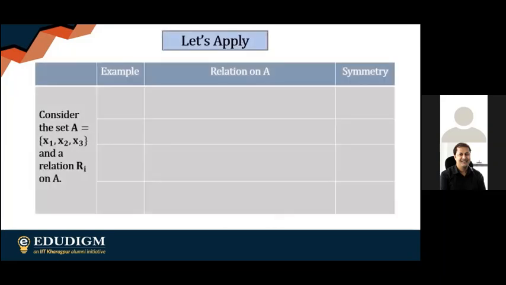So I'm going to start with a very simple example of roster form. I have taken a set capital A having three elements x1, x2, and x3. This is the first relation on A. If you look at the first pair, which is x1, x1, this is something that we don't need to check. But for x1, x2, the inverse pair is not present. So this is not symmetric. Even if you have one problem, you don't need to check the rest of them, and this is not going to be symmetric.